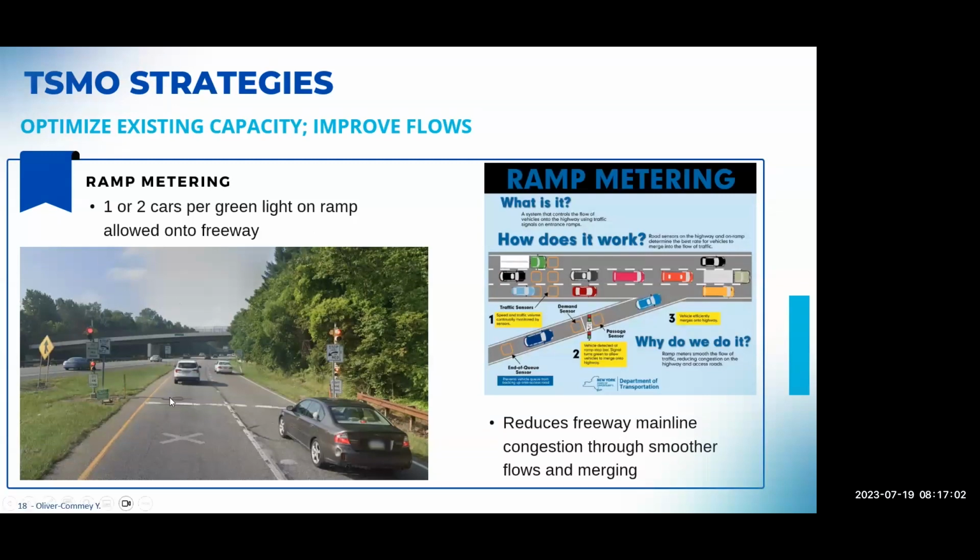So you'll see in the picture that this is the on-ramp, and you get the light that cycles just between a green and a red. And we space it out and time it such that it can allow either 1 car or 2 cars to get through at a time. What this does, if you look on the right side, is it really controls the introduction of vehicles onto the freeway. So we don't have 6 cars all trying to race each other to get on at the same time. And it helps to control the merging procedure on the ramp, and it optimizes the use of any acceleration lanes that have been provided.